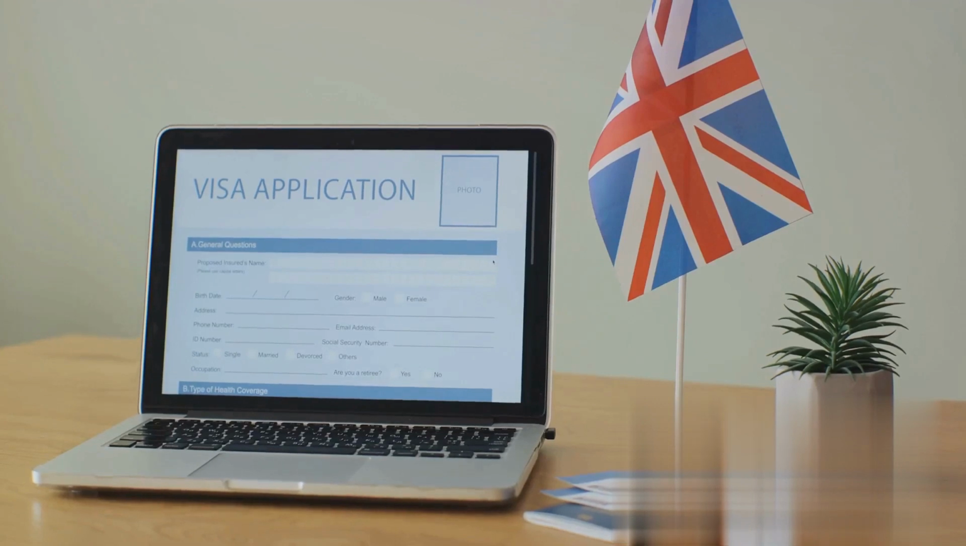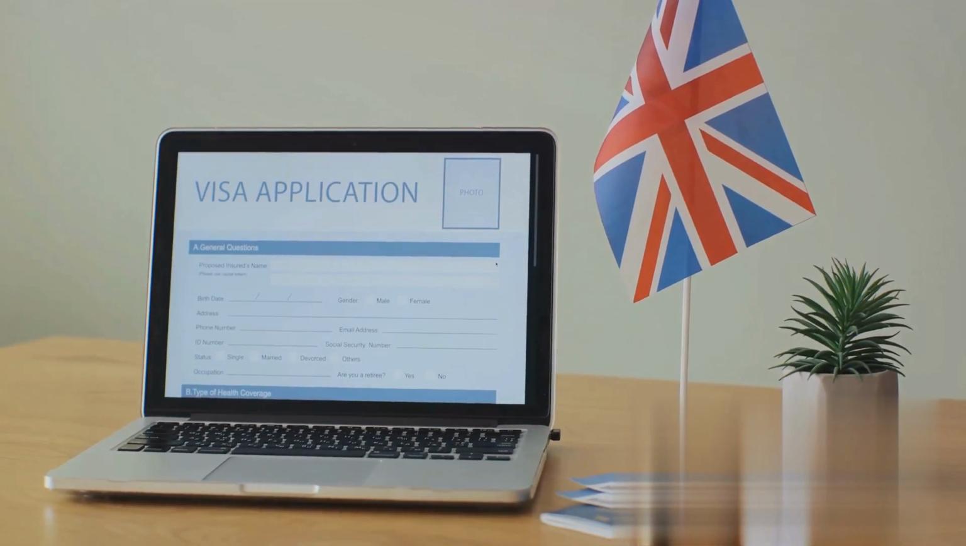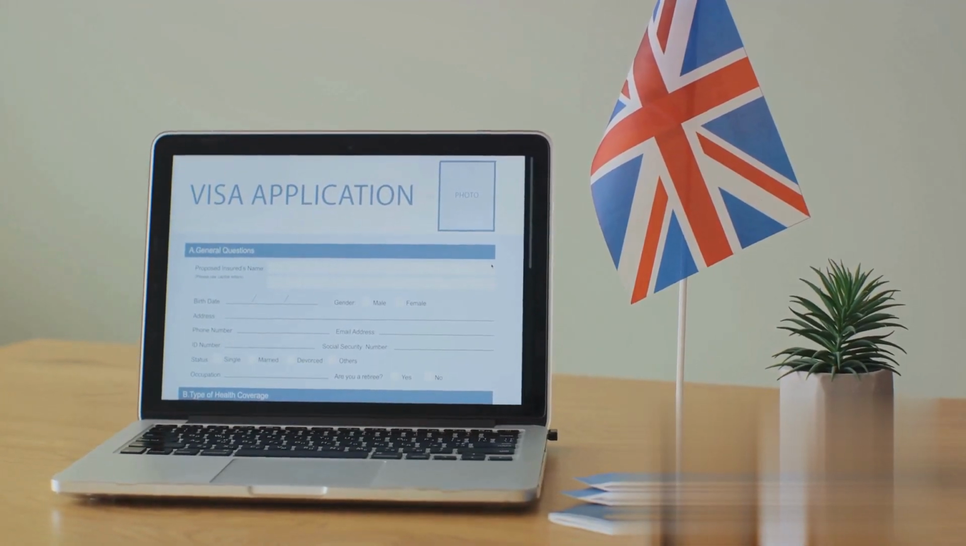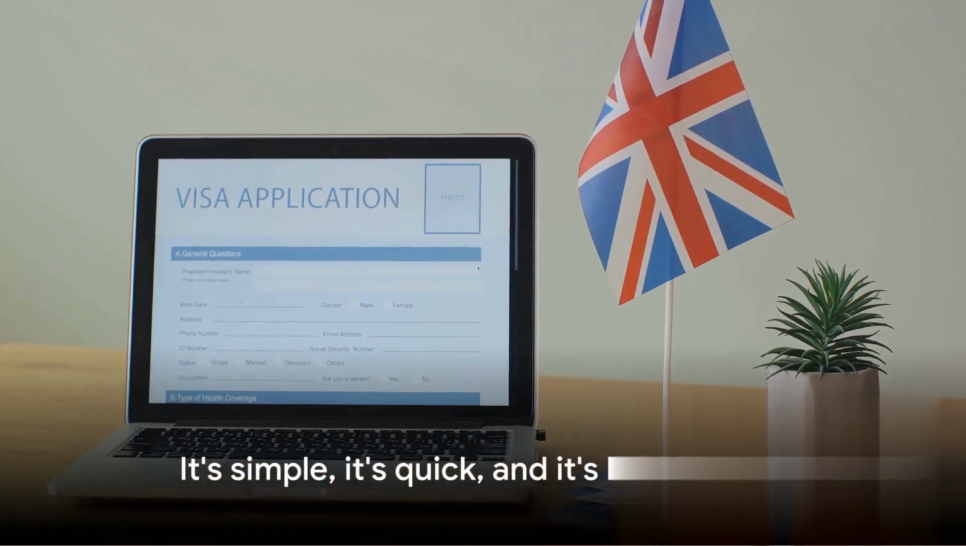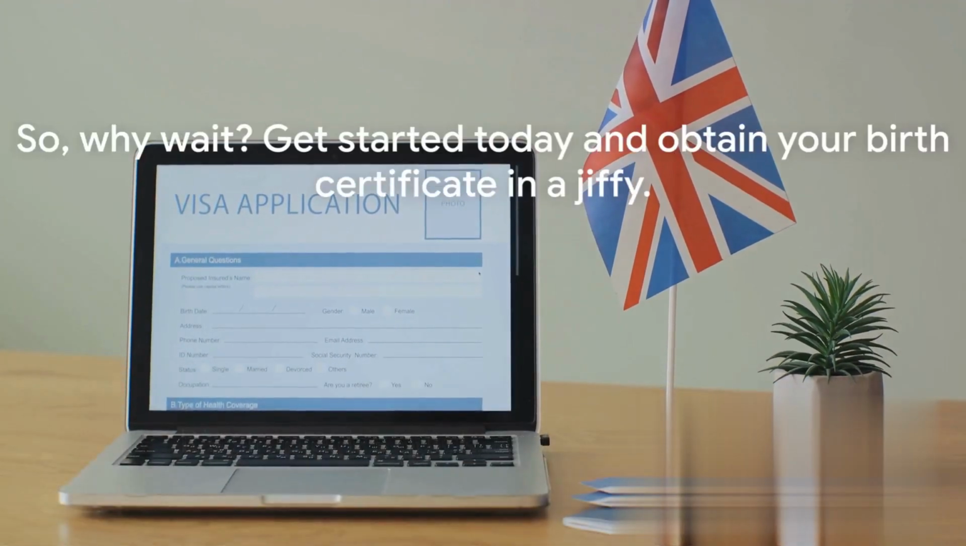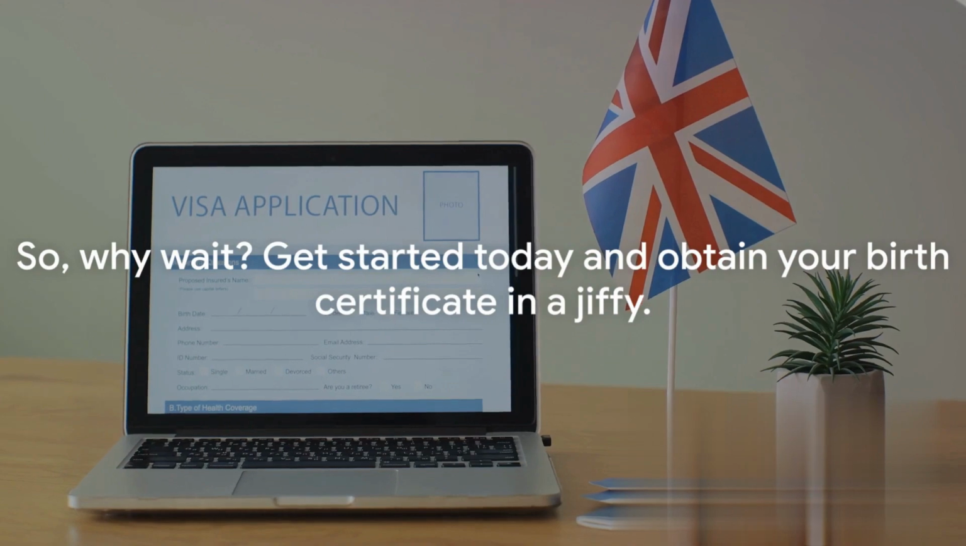And there you have it, the process of obtaining a birth certificate online in India. It's simple, it's quick, and it's hassle-free. So, why wait? Get started today and